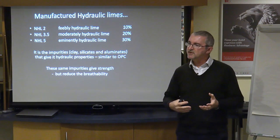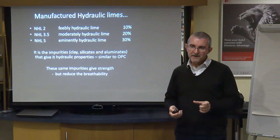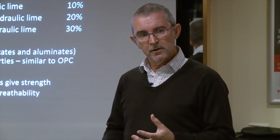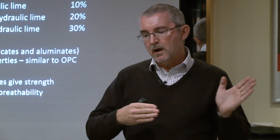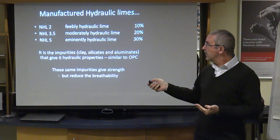And everything else in between, if you're doing internal work, you might choose something in the middle. But the decision as to what you use is often guesswork by the architect or the surveyor, because often there's a considerable misunderstanding as to what these products are. And it's really important that you understand that in giving the mortar strength,